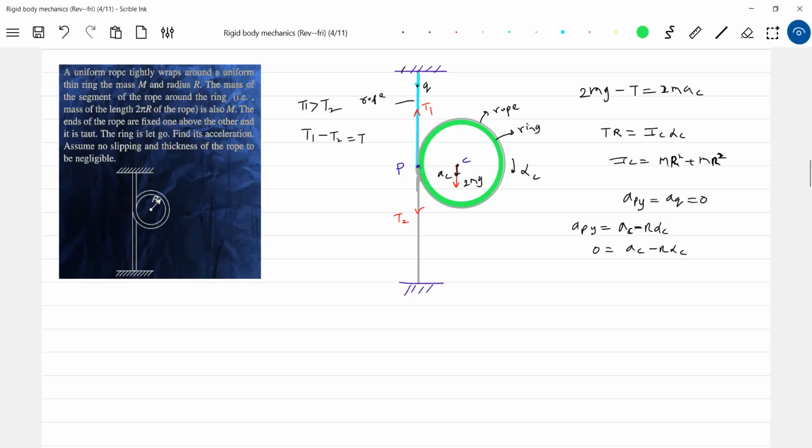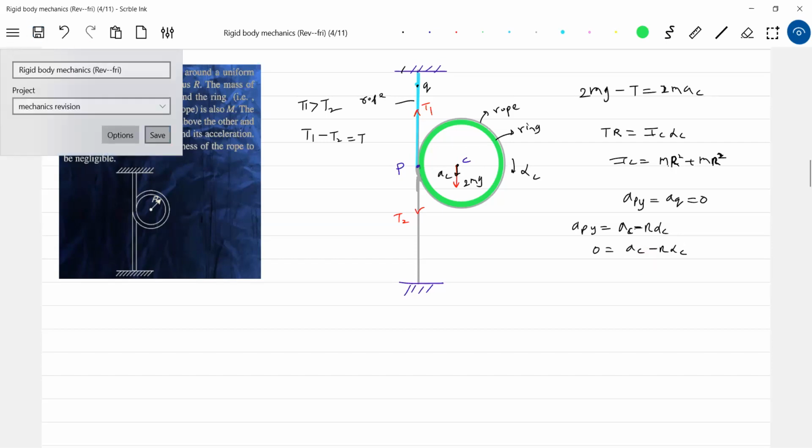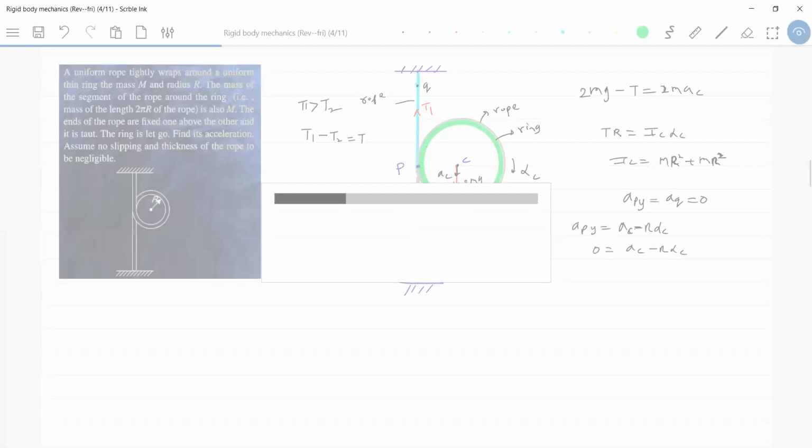This is one ideal case we are discussing. The thing is, the moment of inertia will not be mr square because slightly some part of the rope is involved. You can see in the diagram he has made clear. There's some approximation, it will not be exact. Go for the next question.